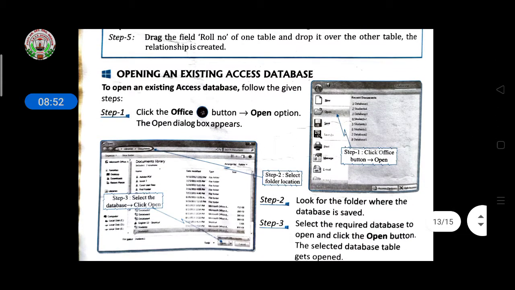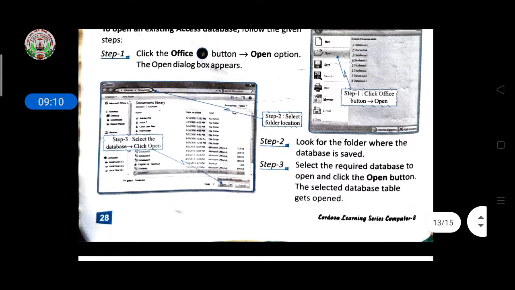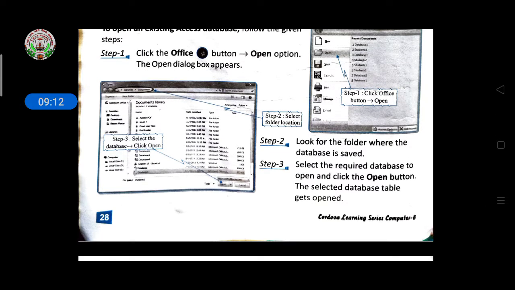Then how to open an existing database, meaning you already have a database. So how to open that database? To open an existing Access database, follow the given steps. Step 1, click the Office button, then the Open option, and the Open dialog box appears. Step 2, look for the folder where the database is saved.